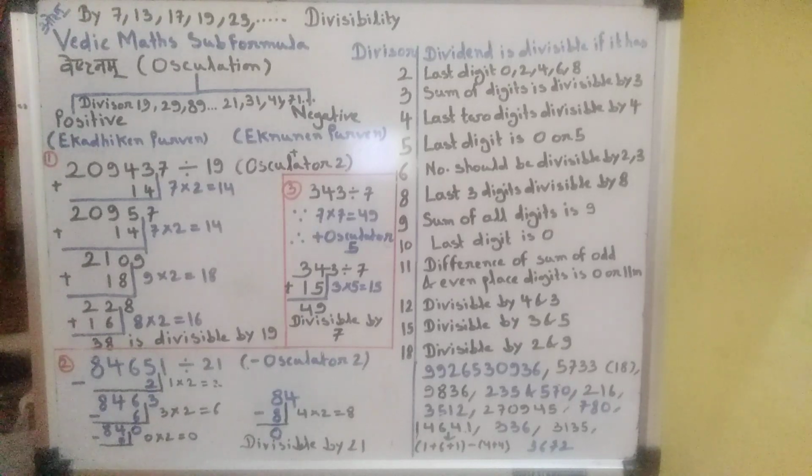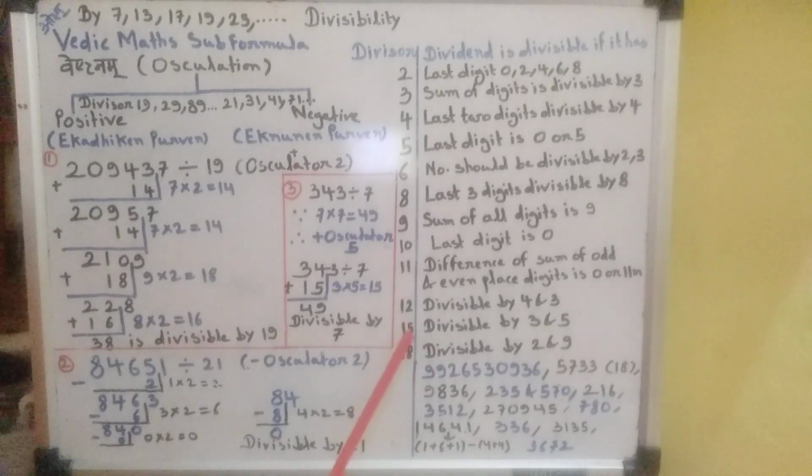To check whether a number is divisible by 12, as 12 is equal to 4 into 3, when a number is divisible by both 4 and 3, the number will also be divisible by 12. For example, 336. Here the last two digits are 36 and 36 is divisible by 4. So 336 is divisible by 4. And the sum of digits 3 plus 3 plus 6 is 12, and 12 is a multiple of 3. So the whole number 336 is divisible by 4 and 3 both. That is, divisible by 12.